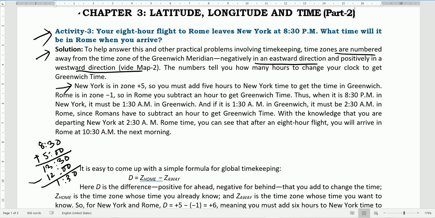New York is in time zone 5, so you must add 5 hours to New York time to get the time in Greenwich. So the time in Greenwich is 1:30